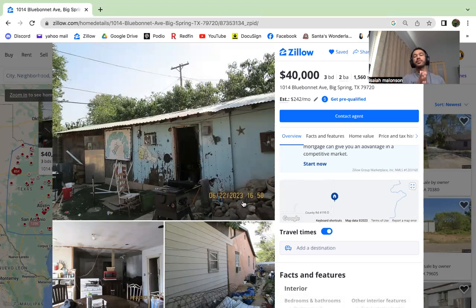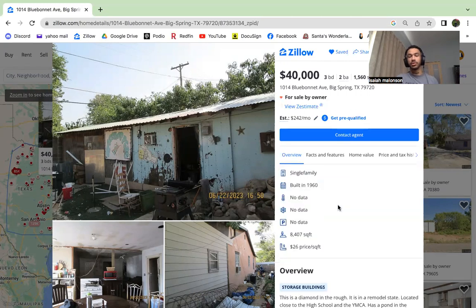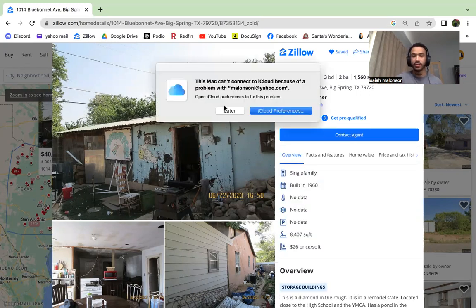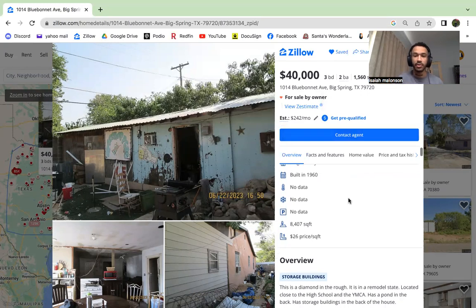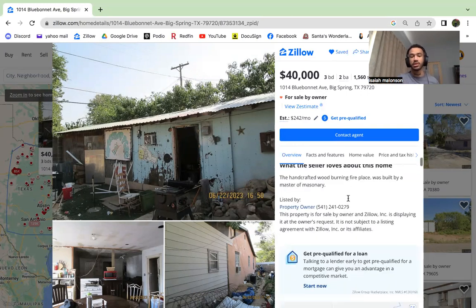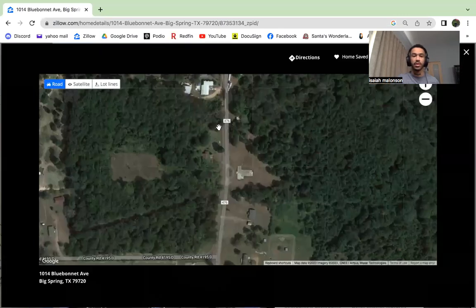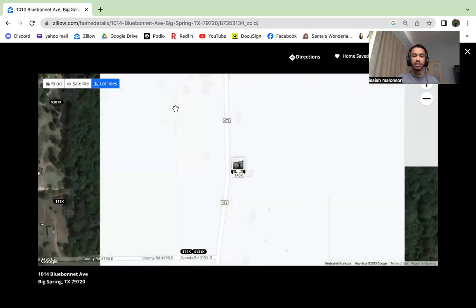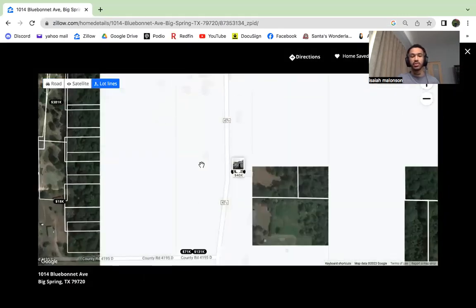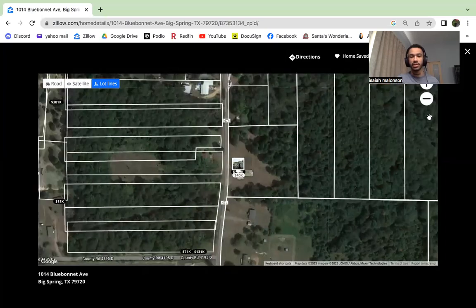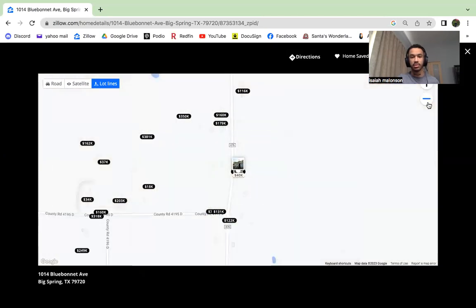I'm going to share my screen here. All right, so we got a perfect example right here, right? We got this house. Usually what I do, because I find all my houses on Zillow, right? To comp it really fast, I find the ARV in like 30 seconds or less, right? I scroll down here, I click on this mini map, open that up, I click on lot lines, and I see what home sold recently, right? If you look at it, this obviously appears to be in the middle of nowhere, okay? There's no comps,